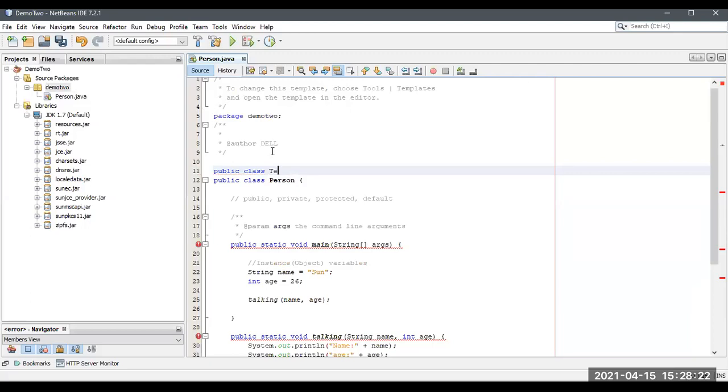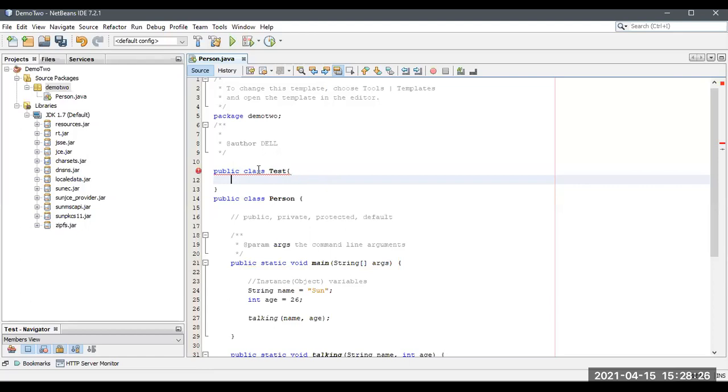I will take the name as Test. The error says the class Test is public and should be declared in a file named Test.java.